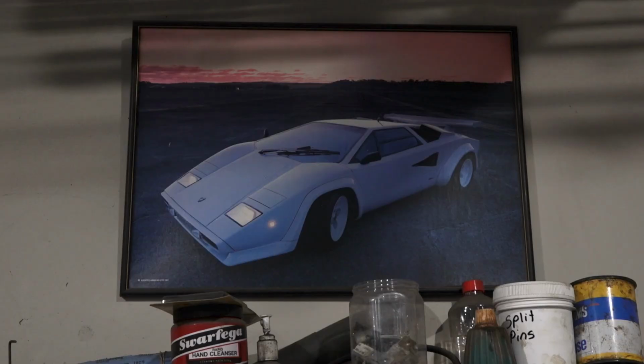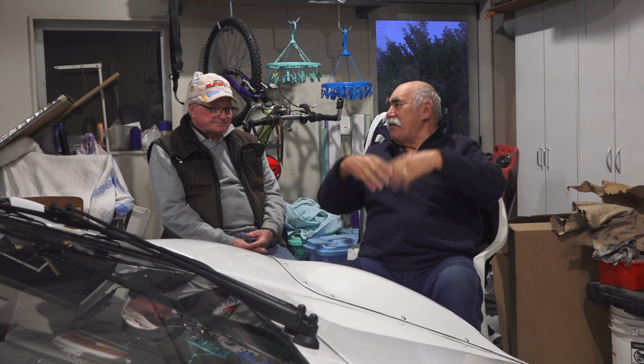And this is the vehicle that we finished up with. It's actually the same body as that, which is a Countach, but with a lot more modification on it. So where do you start? You've got two chassis rails and off you go, or is this a kit set? You buy all the bits and pieces and they...